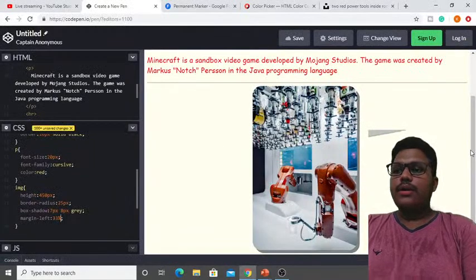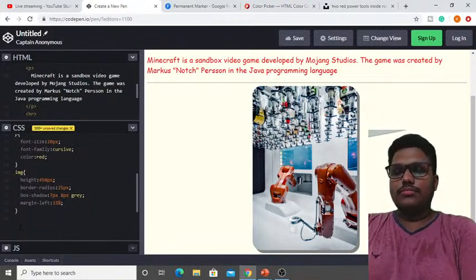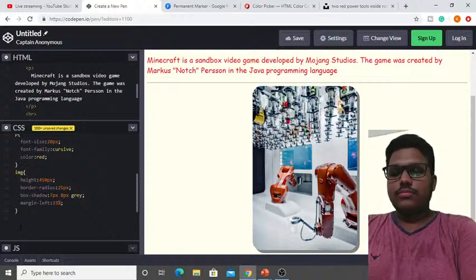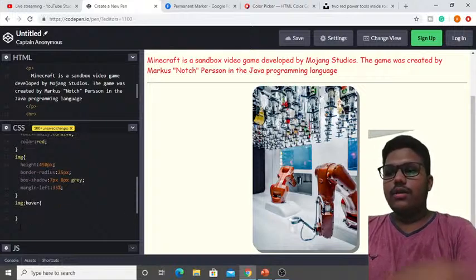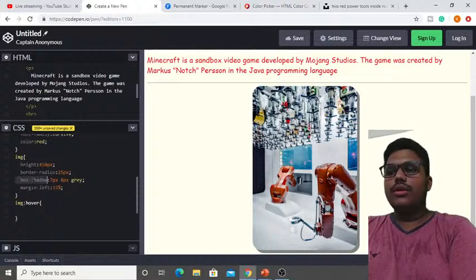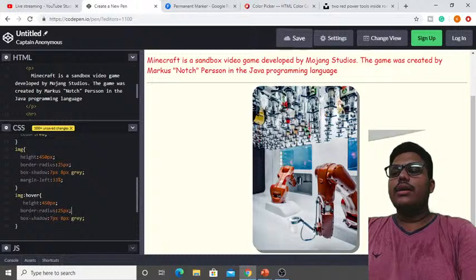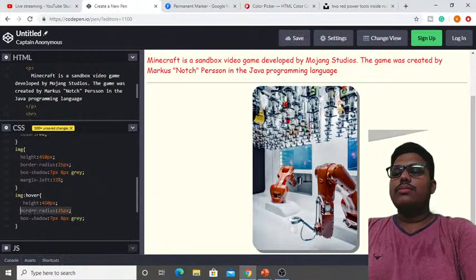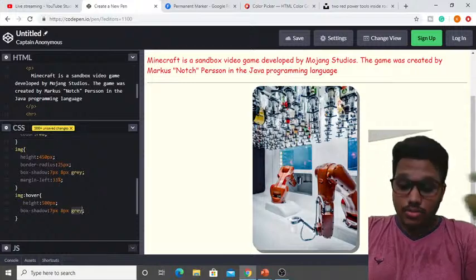So what I will be doing is adding img colon hover. In this I will keep everything the same, only I will take the box shadow. What I want is height, radius and box shadow, and I will paste it over here. Instead of this border radius, I will remove it. And instead of 450 pixels, I will make it 500 pixels, and the box shadow will turn into